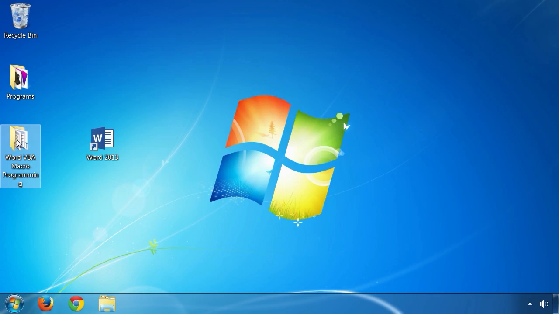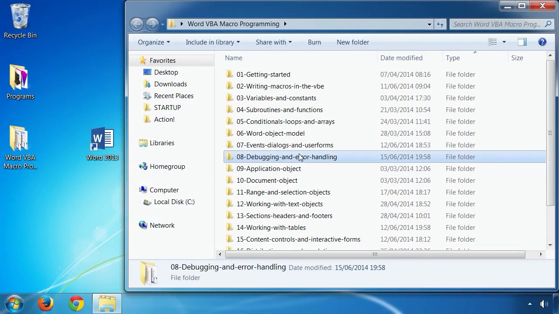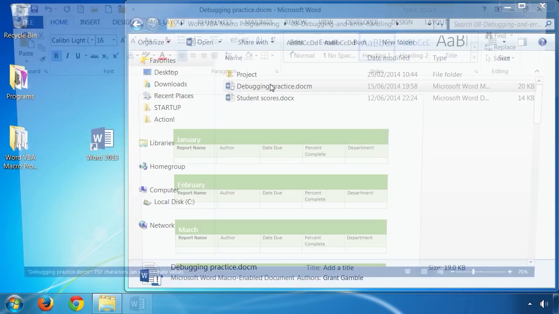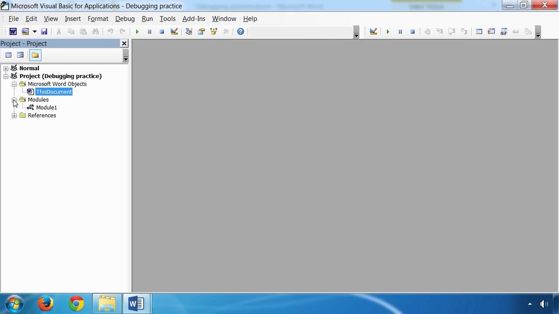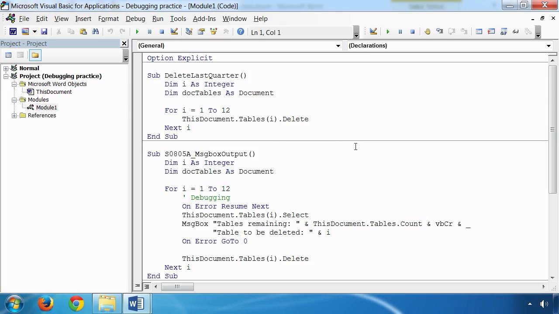Let's go back into our debugging practice file and just open up our module. Let's work with the same sub-procedure that we saw before. Let's say that we want to monitor the following expressions and values. First of all, we want to keep tabs on the value of I. Secondly, we want to know the number of tables still remaining using